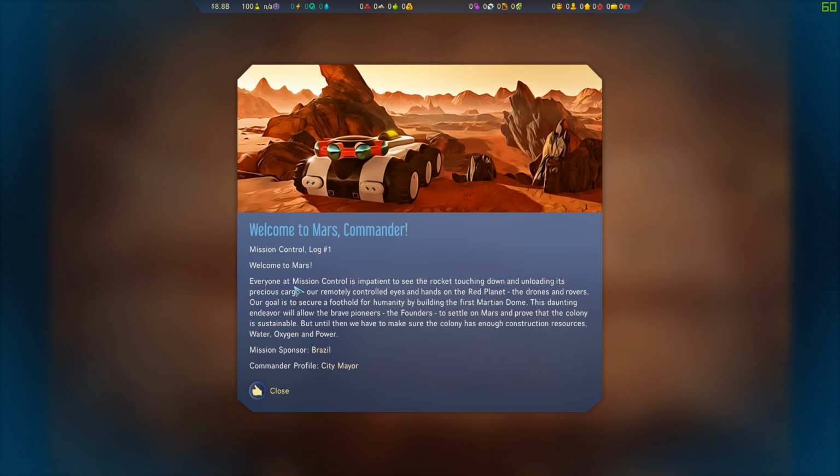Anyway, so everyone at Mission Control is impatient to see the rocket touching down and unloading its precious cargo. Our remotely controlled eyes and hands on the red planet, the drones and rovers. Our goal is to secure a foothold for humanity by building the first Martian dome. The daunting endeavour will allow the brave pioneers, the founders, to settle on Mars and prove that the colony is